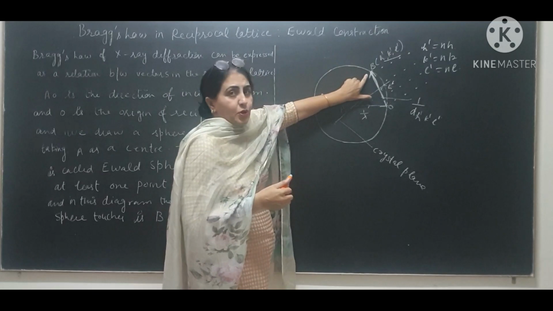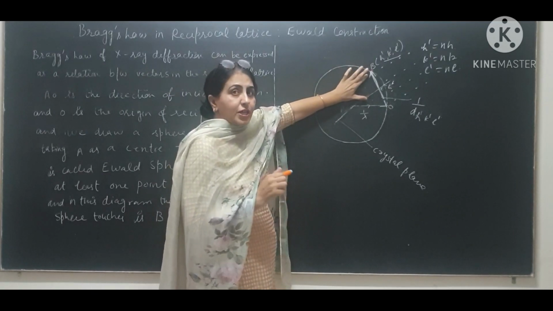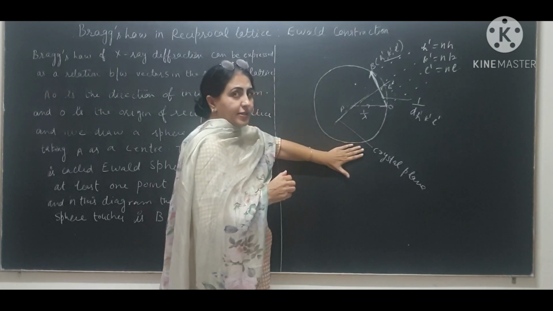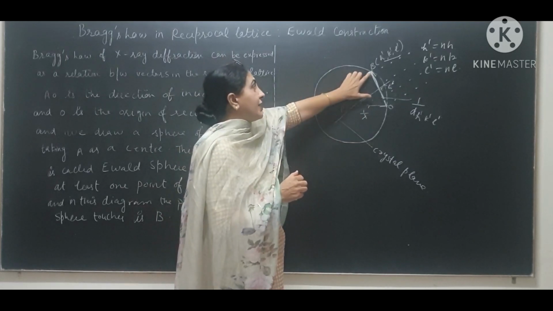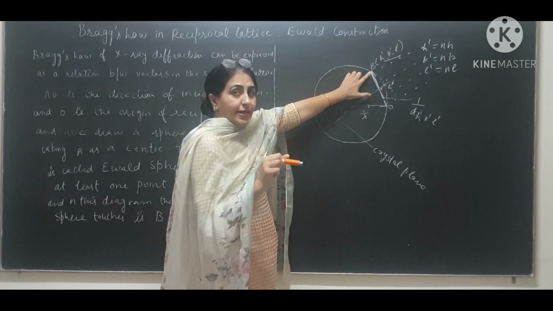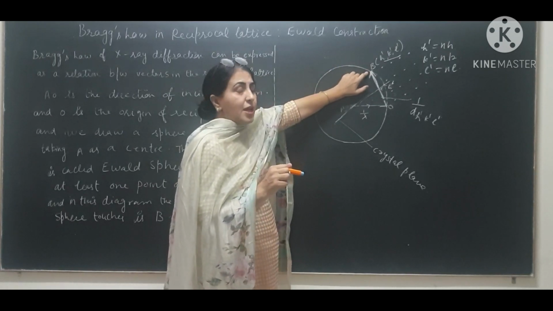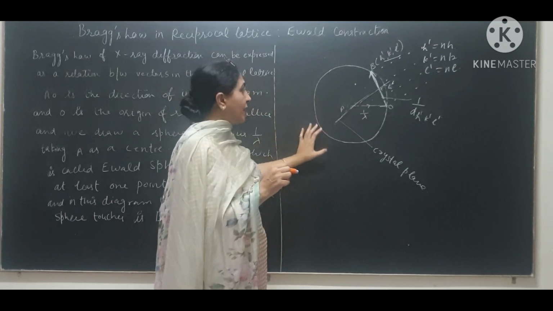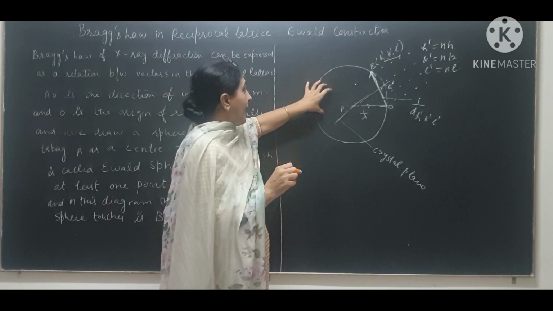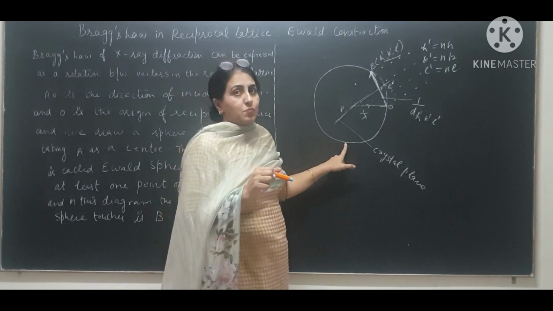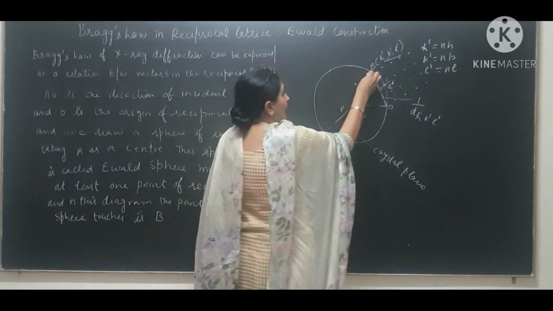If this is a reciprocal lattice point, diffraction will occur at those points which are on the surface of the sphere. So point B is the reciprocal lattice point, and it touches this sphere. So here diffraction will occur. Diffraction will occur at other points also, which are on the surface of the sphere and are reciprocal lattice points. So if we join A to B,